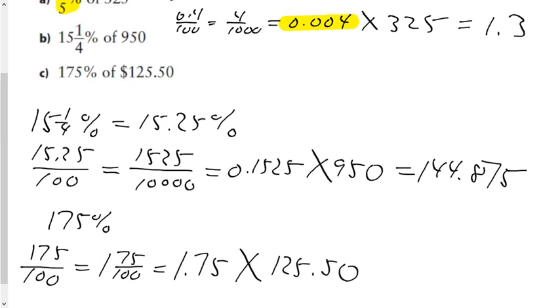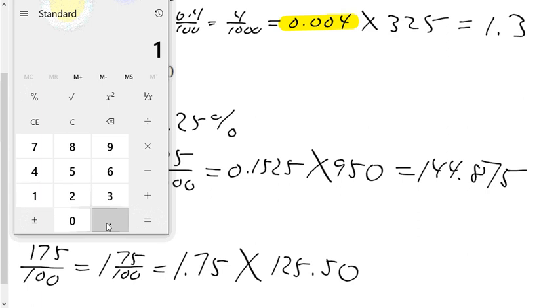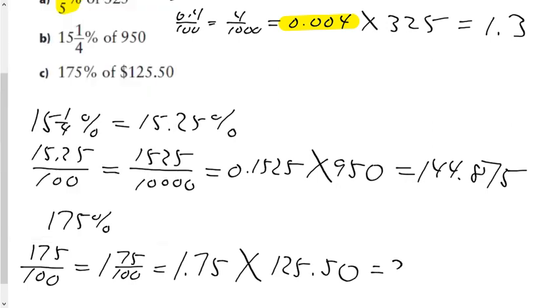would be that. 175% of $125.50 is $219.625. Now, as a bonus assignment, I might ask you this question. Rewrite that as you would see it in the gas station. It would look like this: $219.62